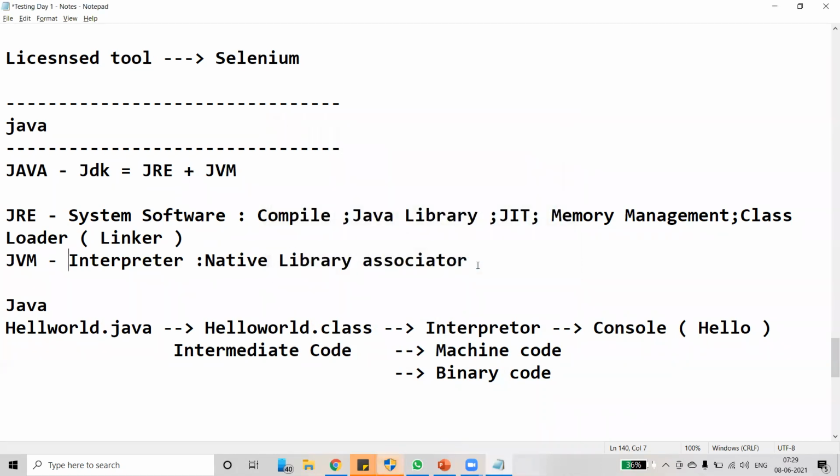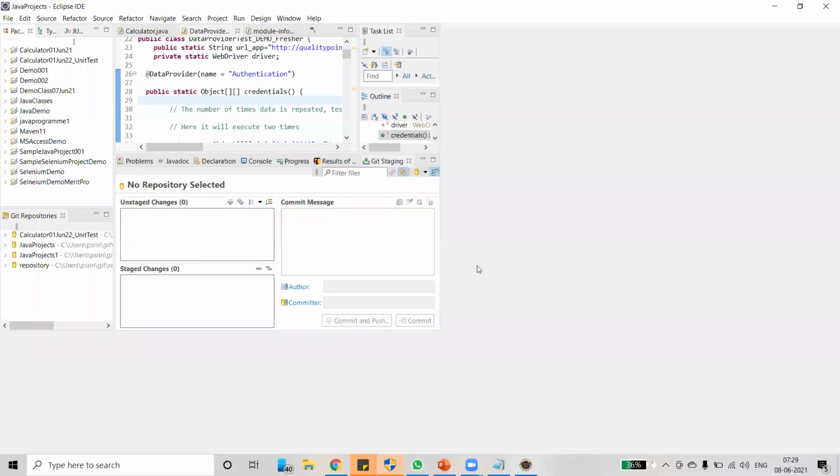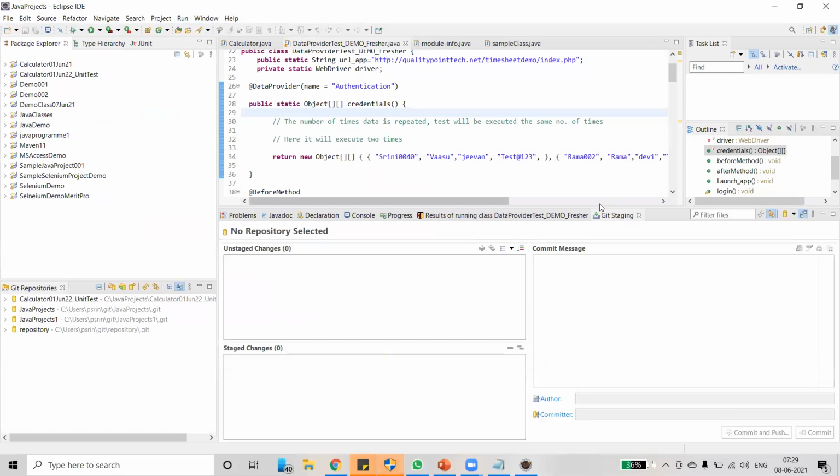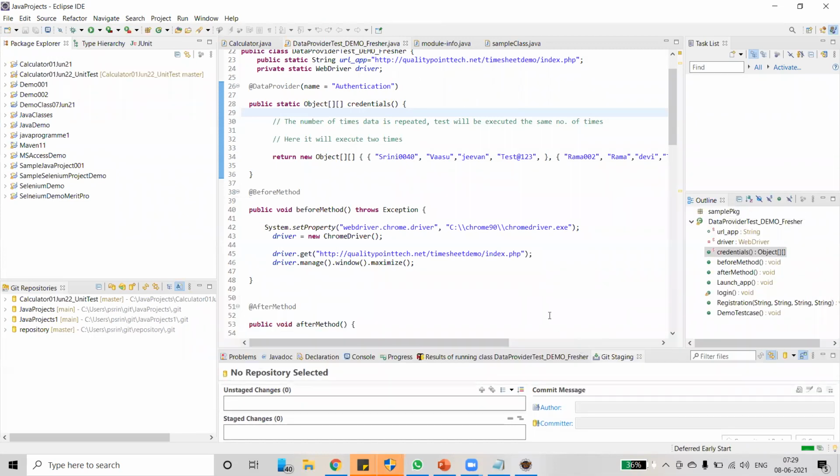Just click launch. I just want to show you how to create a simple program today. Very simple program. Java programs.